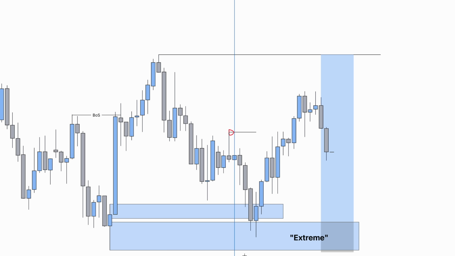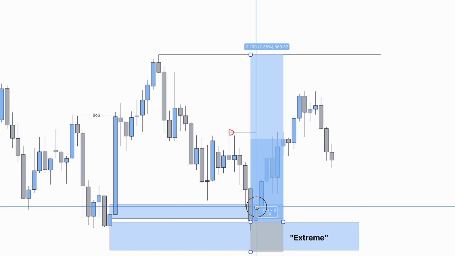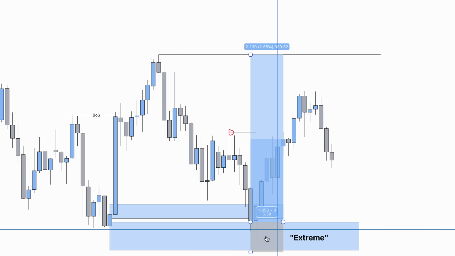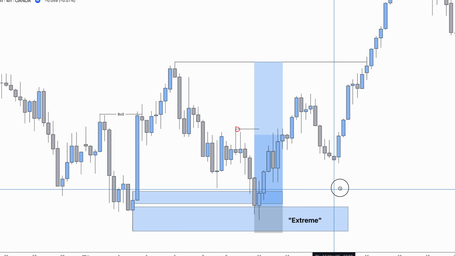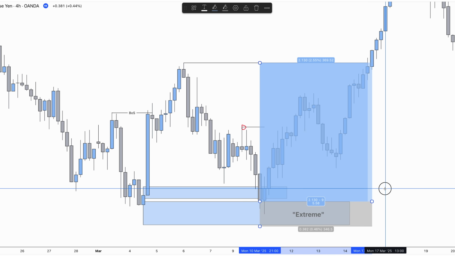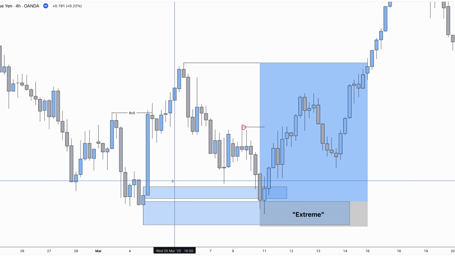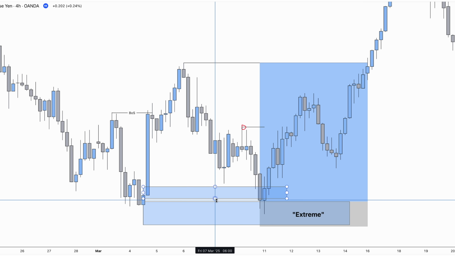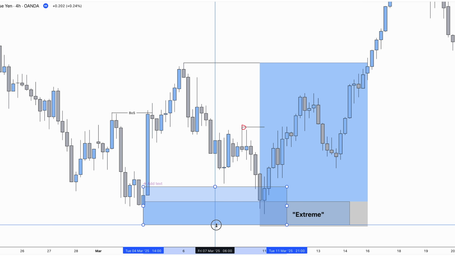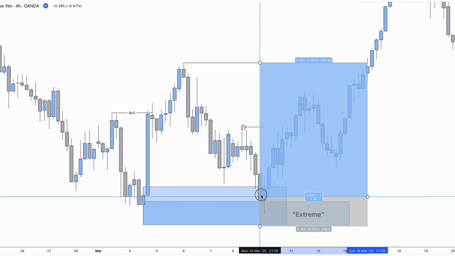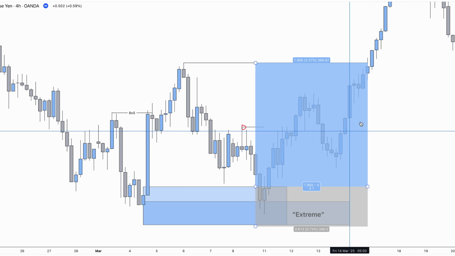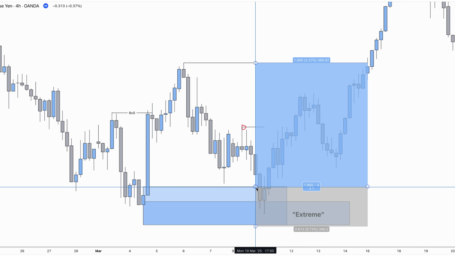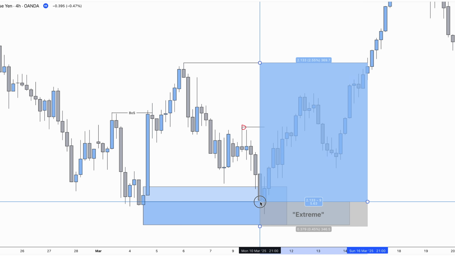See, we get pushed down into that extreme zone, and then the market pushes up and makes its new high, which would fill our trade target. And just to show you, if we were working with the 4-hour zone, well, the high of the zone would be there, the low of the zone would be there, so our position would look like this, okay? So we're looking at around a 3% return without refinement, or we're looking at that 5.58% return with refinement,